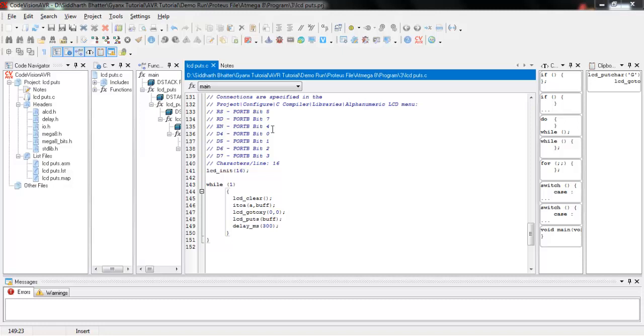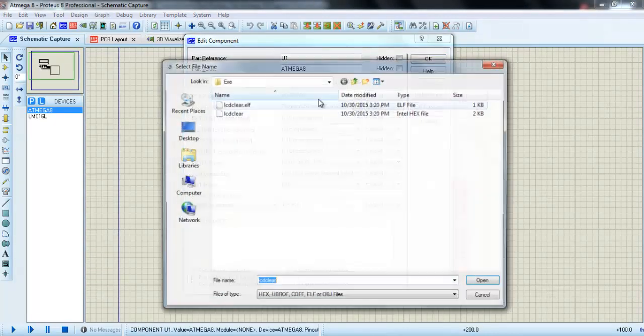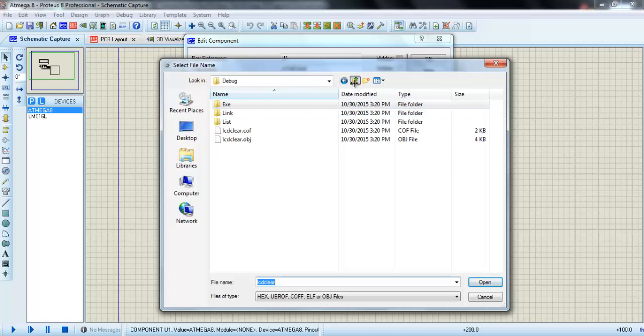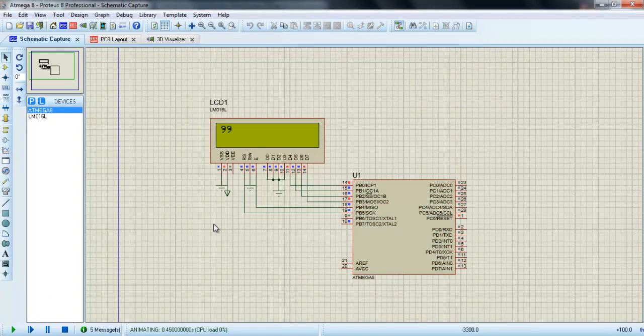You can also use this, but in some cases you cannot write the numericals directly, because when the calculation has been done, you have to depend upon the previous integer and the result. So you cannot directly write the integer in the printf. Again, this is your LCD. Now fetch the data. We have folder 3, debug, release, puts. Okay, now let's see. Here is your integer, which is 99. So in this way you can write any integer on the LCD.